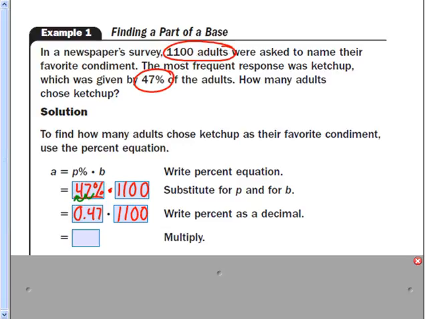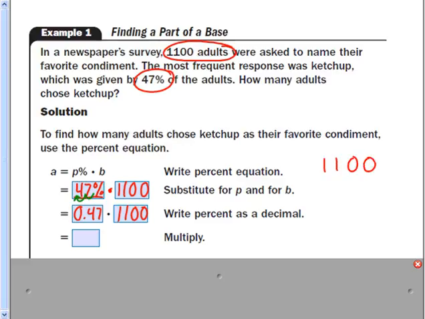All right, now we've got to do a little calculating. I think I'm going to forget about the decimal point for a little bit and do 47 times 1,100. But I'm also going to forget about the zeros. I'm just going to do 47 times 11 first. And I think I'm just going to use partial products. I know 47 times 10 would be 470. And 47 times 1 would be 47. So adding those together, I'm going to get